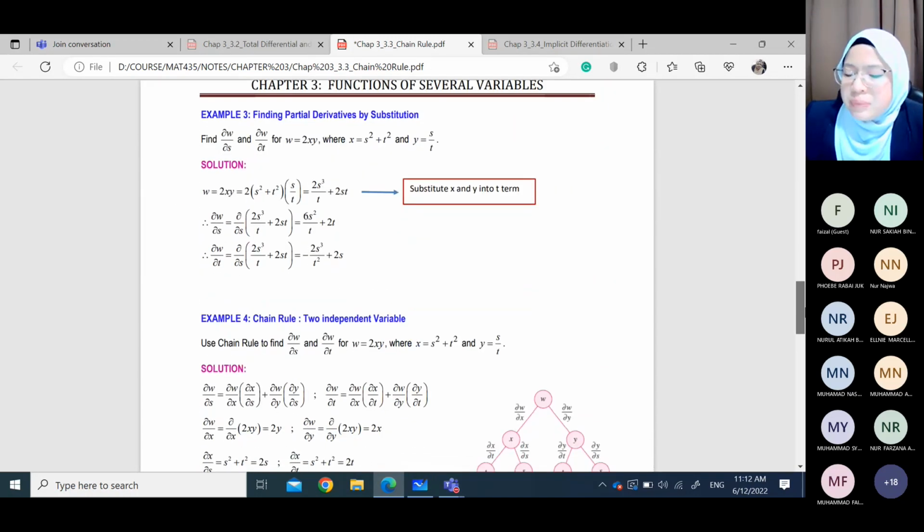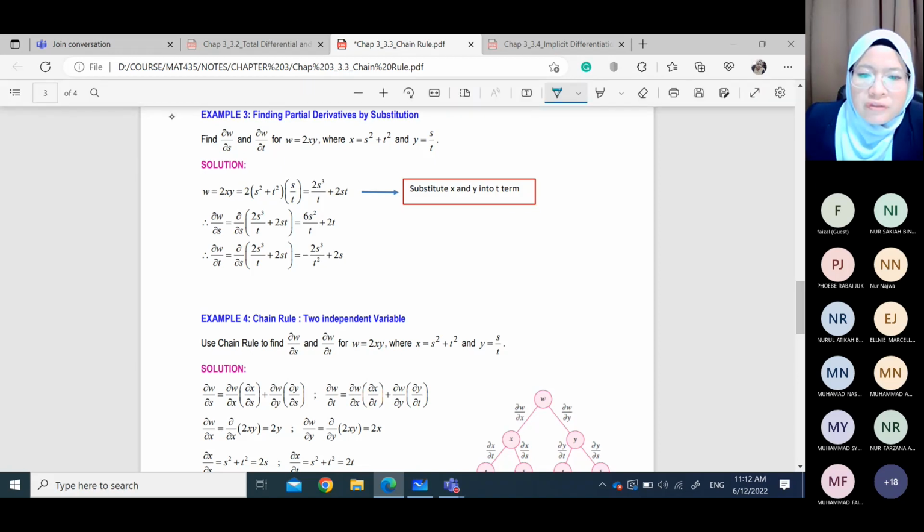Okay, kalau tak ada kita tengok ni example 3. Example 3 is about finding partial derivative by substitution. Okay, so this one we do not apply the chain rule method. We just use substitution. Okay, so look at this example. In this example, it asks us to find the partial derivative with respect to s of w and the partial derivative with respect to t of w, for w is 2xy, where x is s squared plus t squared and y is s over t. Okay, so based on this